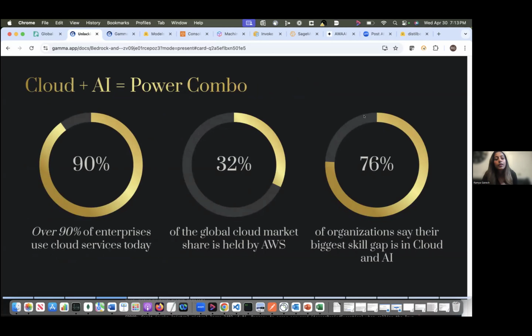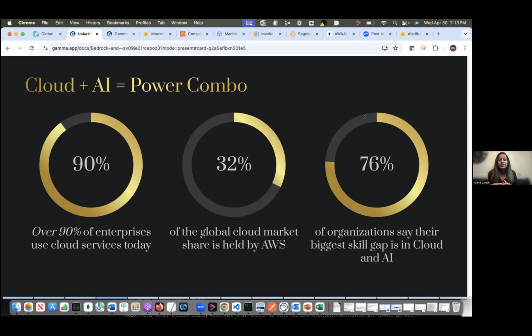As I spoke earlier, cloud plus AI is the power combo, because 90% of the enterprises today use cloud services. And out of that, 30% of the cloud market is owned by AWS. It's always been a market leader in that space, followed by Azure and then GCP, which owns around 10% of the share.